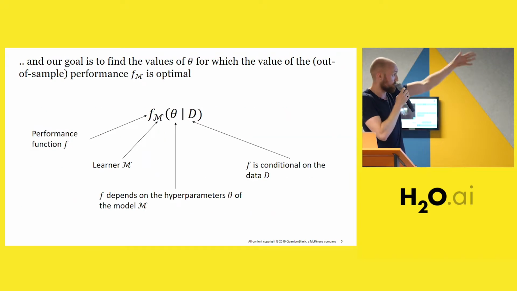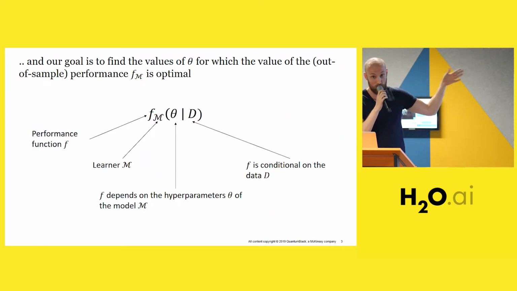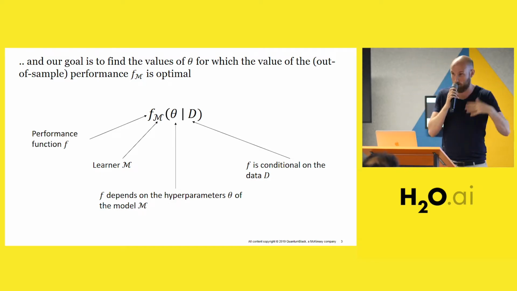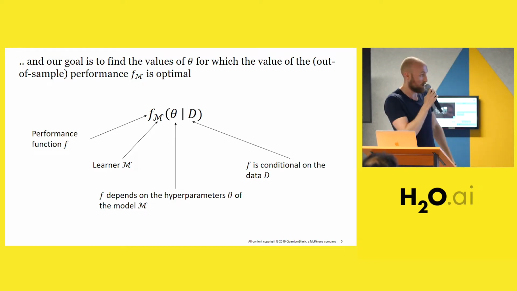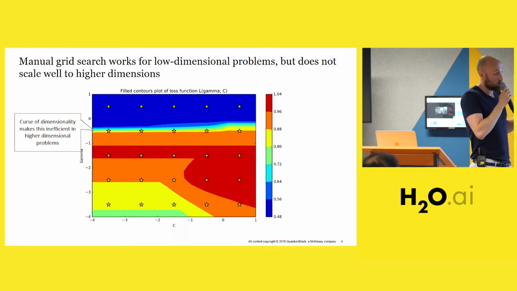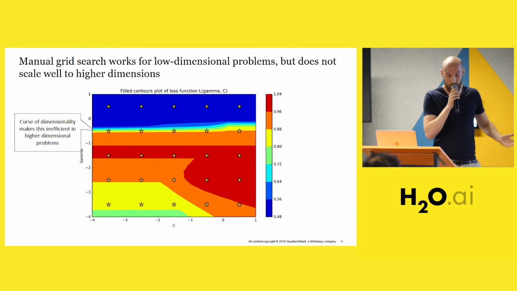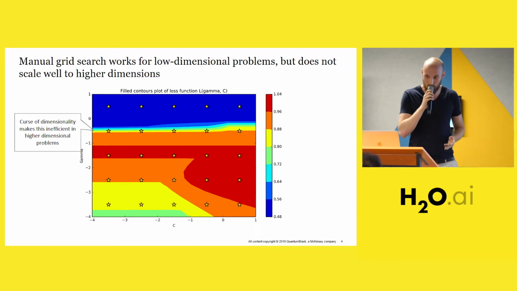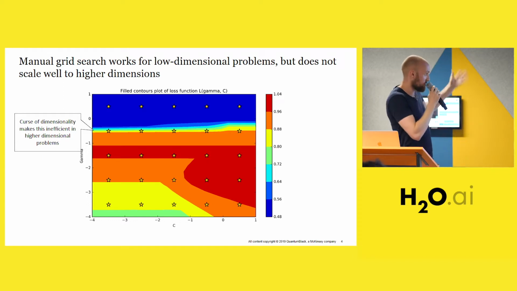So that's really what it is, right? We care about this function, or out of sample performance of our model, which is dependent on our data and on the parameters of our model pipeline. As I'm sure you're all familiar with, the go-to solution, at least the one that you learn in school, is let's just do some manual grid search over the hyperparameter space of my models,